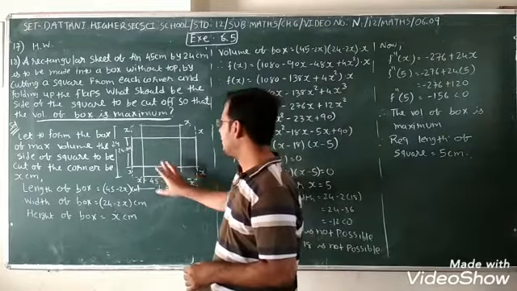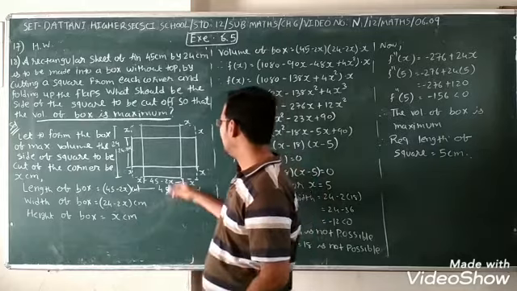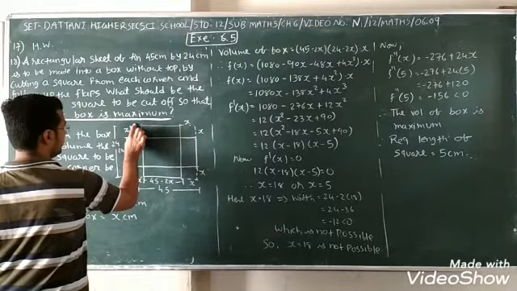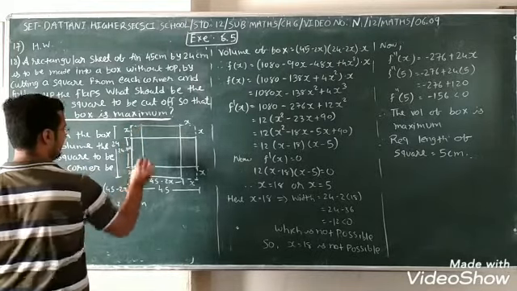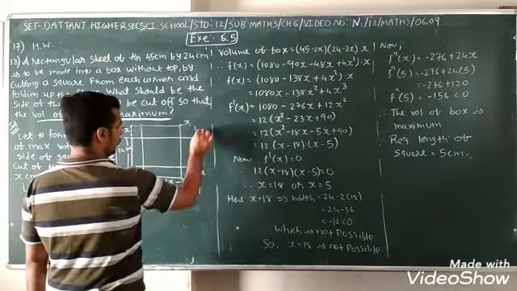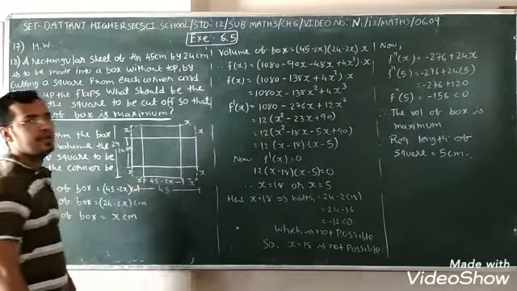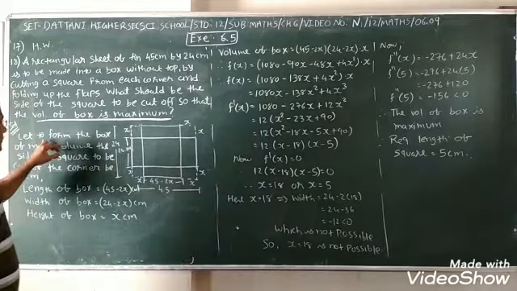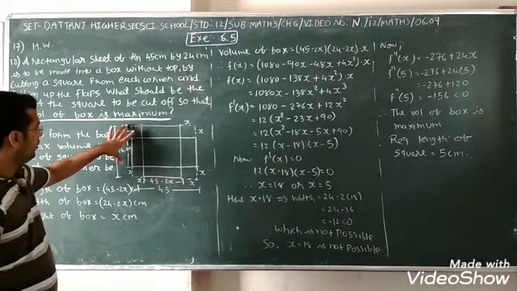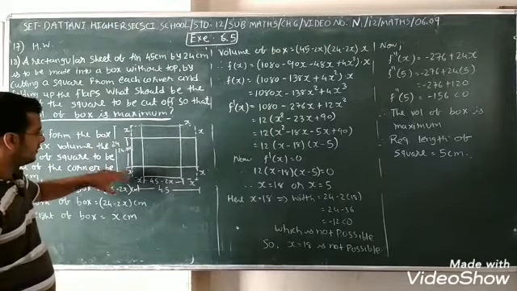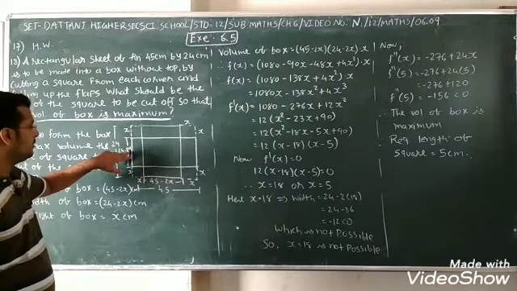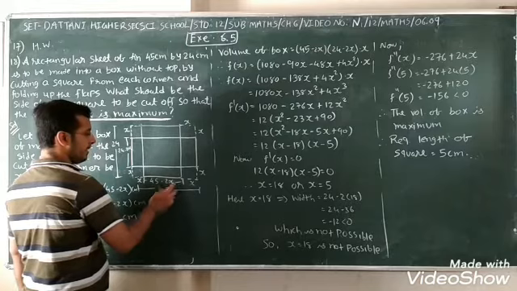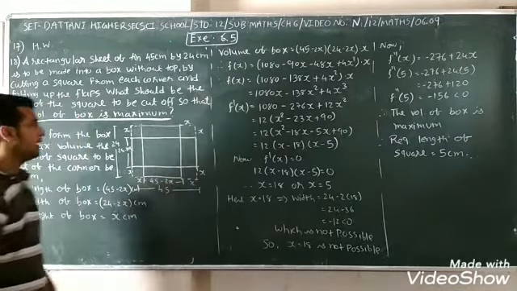So here I try to draw one rough figure. There is a box. Okay, here we cut the four corners, and we represent that by dots. Because it is a square, the length and width are both the same, so taking x. The width is 24, so we cut x here and x there, that is 2x, so 24 minus 2x. Here the length is 45, so we cut x and x, 2x, so this portion is 45 minus 2x.